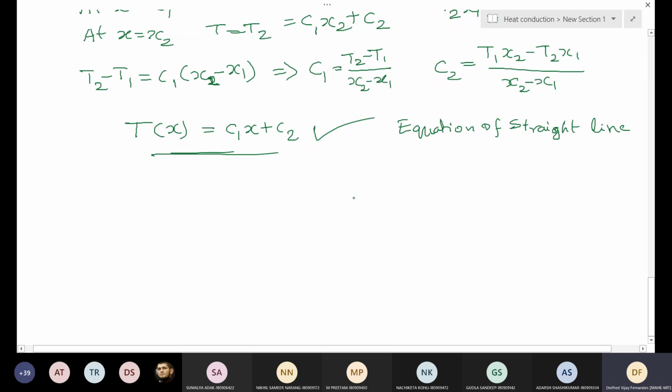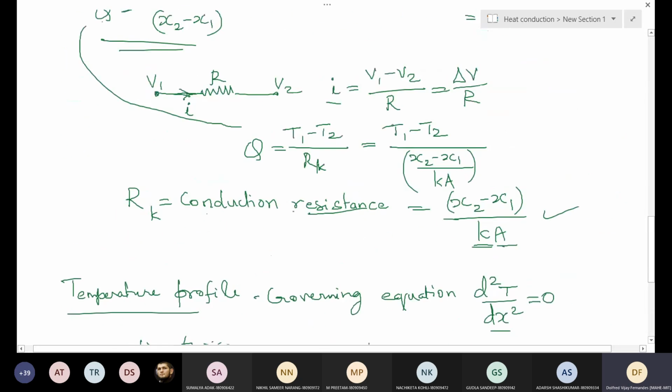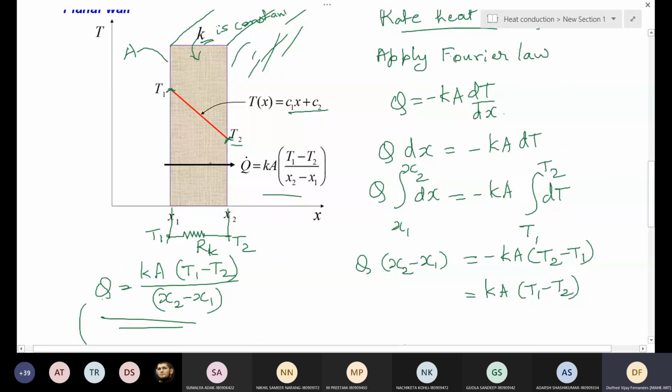Okay, we have the temperature profile, and just now what I wanted to tell you is, suppose you know only the thickness of the wall is given, instead of providing the x1 and x2 values. The thickness of the wall is only given. So what we can do is move this temperature axis to the left wall, and we can say that our x1 value will be 0. If you move the axis to this wall, then x1 will be 0, isn't it? And x2 will be L.